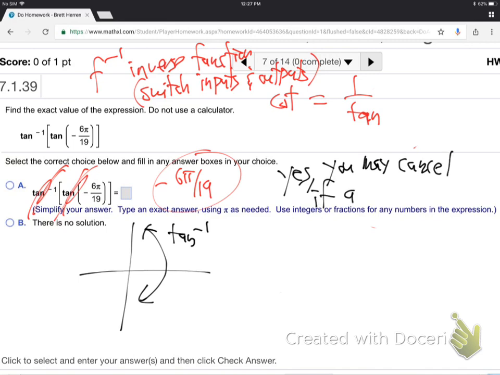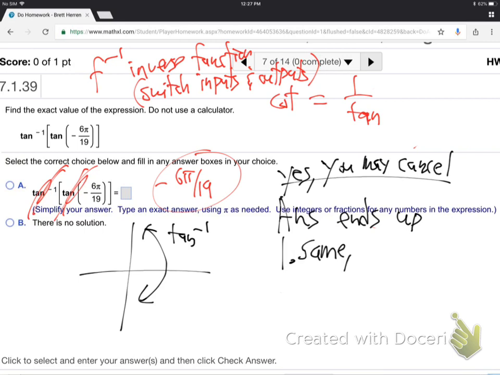If, well, how about I say, yes, you may cancel, and the answer ends up the same if it's in the zone, 2 quadrants. I'm not doing this very clearly. Yes, you can cancel. Number one, the answer ends up the same